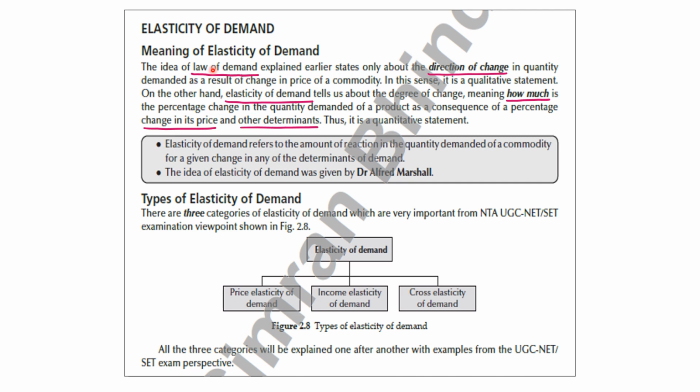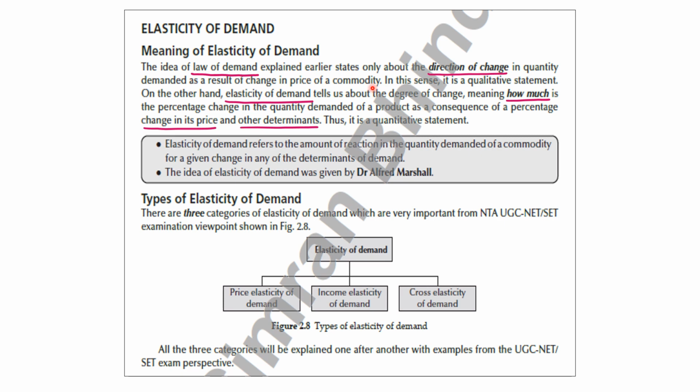First of all, let's understand what is the meaning of elasticity of demand. We have already done that. What is law of demand? Law of demand explains the relationship between price and quantity demanded, and that relationship is inverse in nature, right? So that means law of demand only states the direction of change. It tells that there is a negative relationship between price and quantity demanded. The demand curve is downward sloping, so we can say that law of demand only indicates the direction of change in quantity demanded as a result of change in the price of a commodity, right?